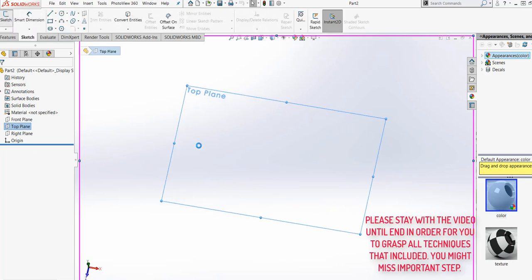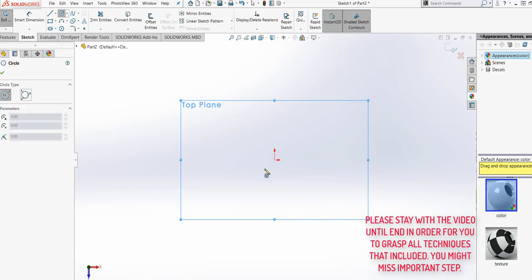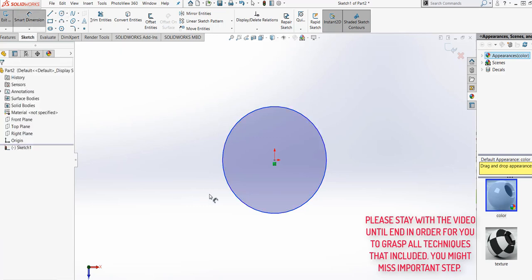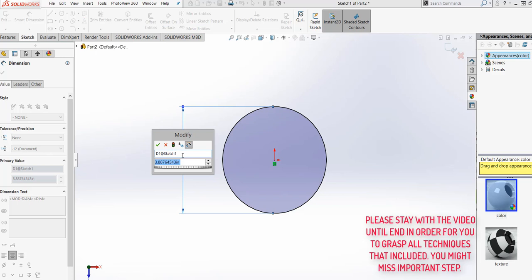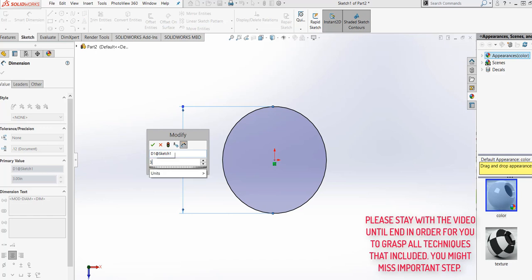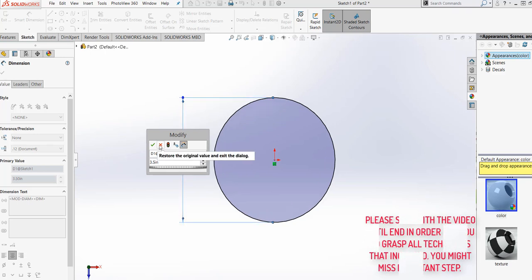Let's go to sketch on the top plane, and then choose the center line, and dimension it at 3.5. That's 3.5. The 0.5 in inch, and then regenerate the model with the current value, and then save the current value and exit the dialog box,